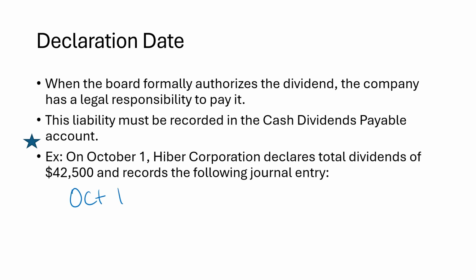This is the declaration date, which means that a liability is incurred. Remember, two things happen on the declaration date. A liability is recorded, but then retained earnings is also decreased. That is the flip side of the journal entry. Dividends reduce retained earnings, so you debit retained earnings, and credit cash dividends payable,